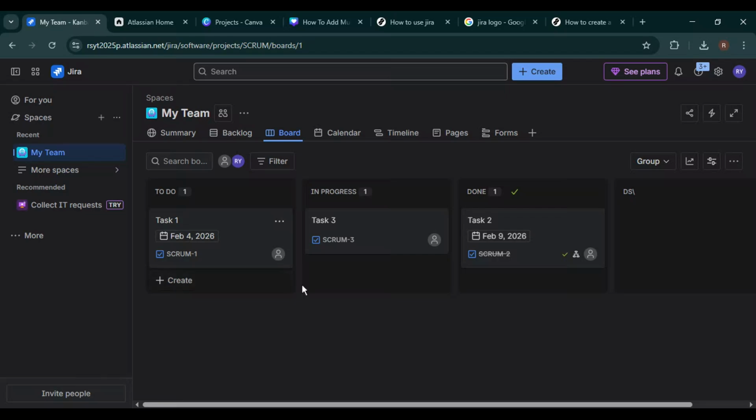In this video, I'm going to show you exactly how to create a sprint in Jira, step by step, even if you're completely new to Jira or agile boards. Creating sprints correctly is essential for Scrum teams because it helps you plan work, track progress, and deliver consistently. So if you're working on a Scrum project in Jira and you're not sure where to start, this video is